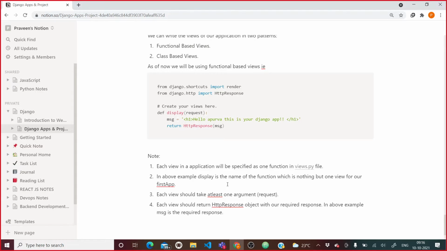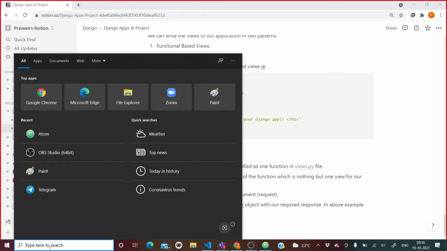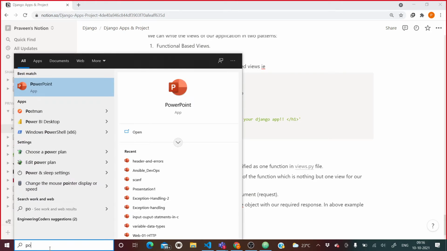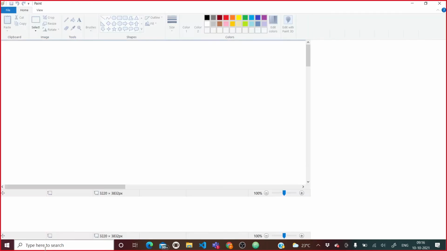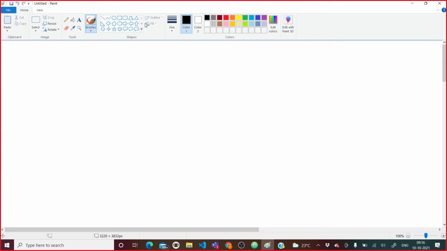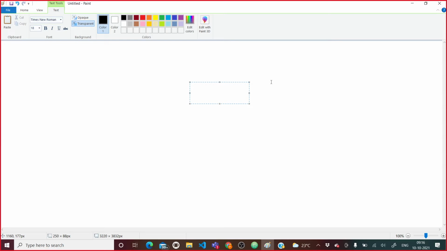Now, one thing. What is the meaning of this view? Let me write here. I will open Paint. See, whenever we are going to make a view, suppose that it is a view.